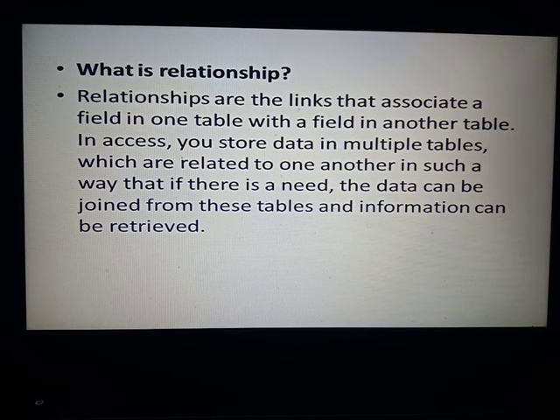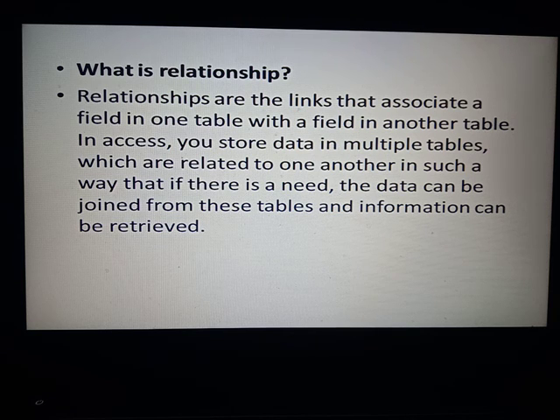In MS Excel we have only one table, but in MS Access we can have more than one table. And if we have more than one table, we can enter our data in such a way that we can connect the data with another table.